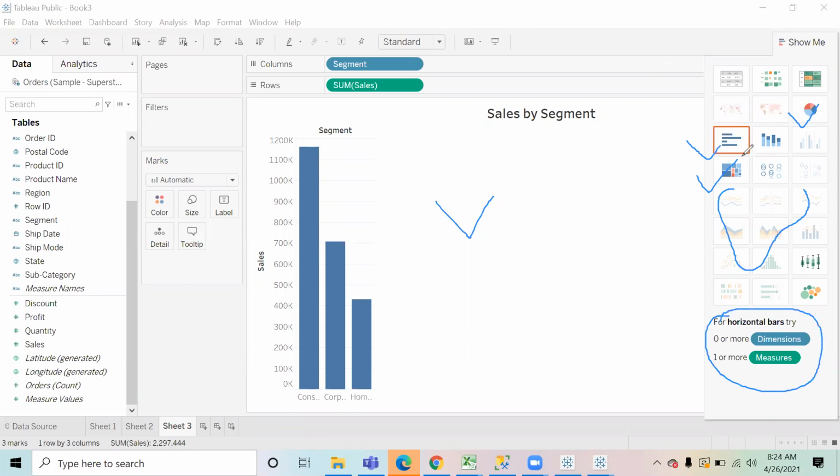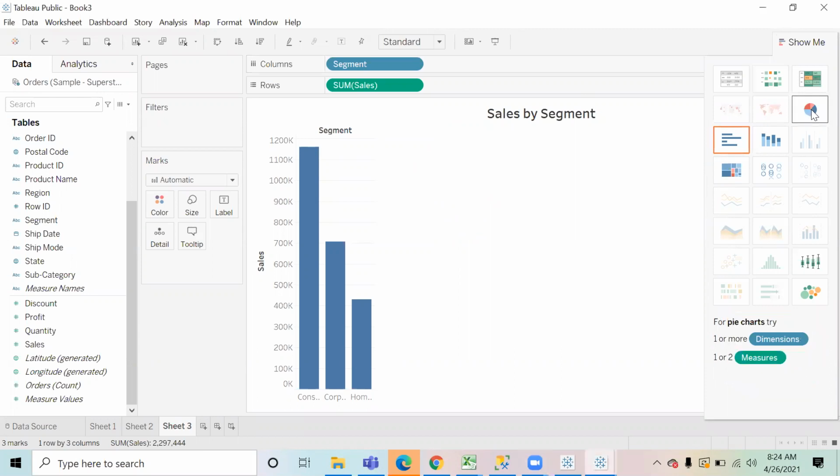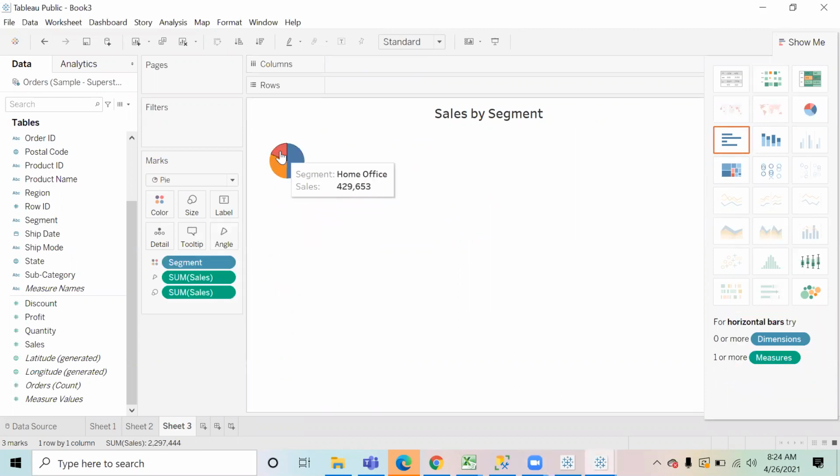Like if you are talking about this chart, in order to create a horizontal bar chart, you need to have one or more measures, and I already have that. Similarly, if you want to create a line chart, you need to have at least one date field. Now, on this chart I don't have any date field, so I cannot convert this chart into a line chart. Okay, so if I select the pie chart from here, I will be able to convert it into a pie chart. So if I select pie chart, the chart gets converted into a pie chart right away.